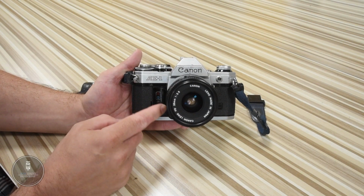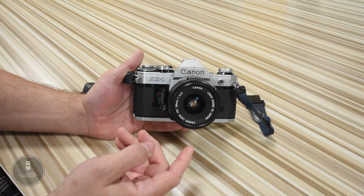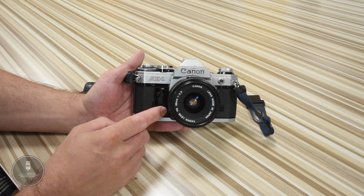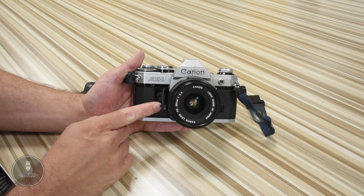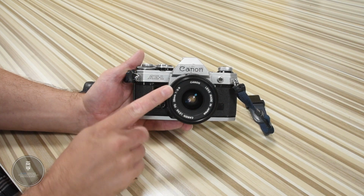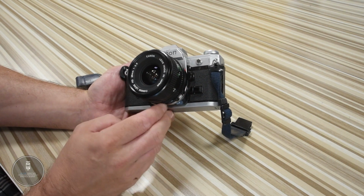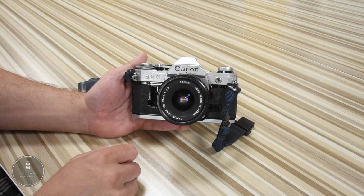As you can see, mine just stays open, but it still functions fine. This is one of the weak points on the camera itself, but again, you'll probably find some where the door has been broken off, but in this case, the latch has just become loose over time. You also have at the front, the lens, and one thing you will notice is that there is no actual lens release on the actual camera body, and I'll get into that a little bit later in the